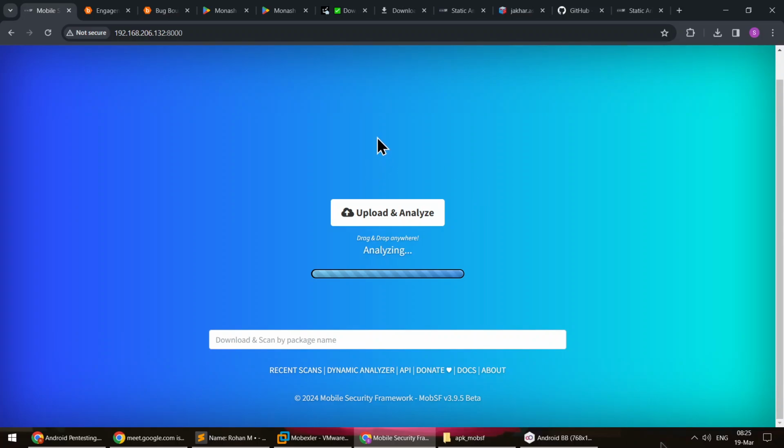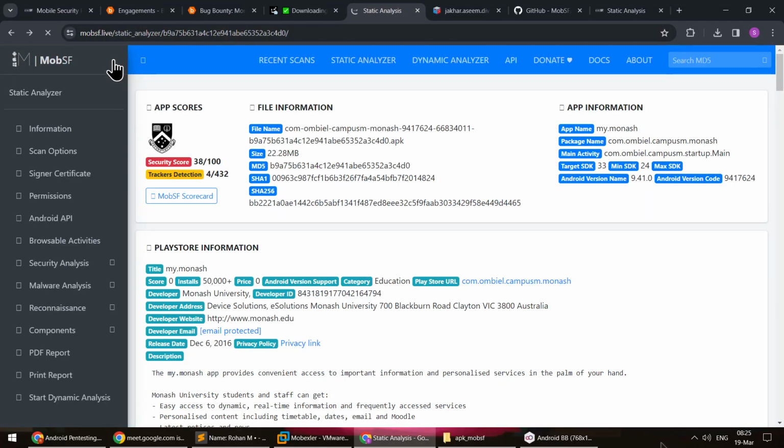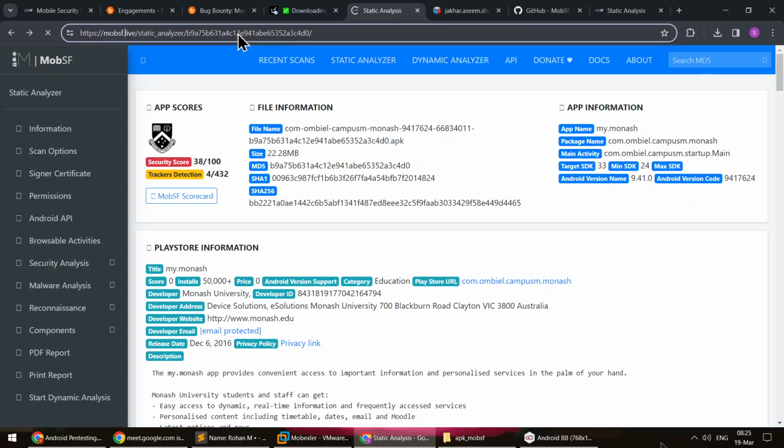So here it is doing the static analysis at first. For now, I'll get to that in some time. I was mentioning that MobSF is available as a Docker image as well. Along with that, it is also available as an online platform. So if you open mobsf.live, you will be able to directly use it. If I show it to you in action, you simply open mobsf.live, enter,